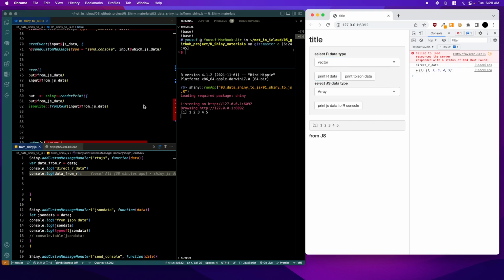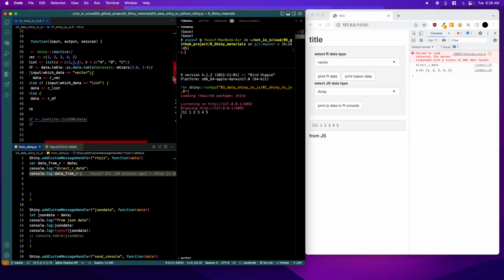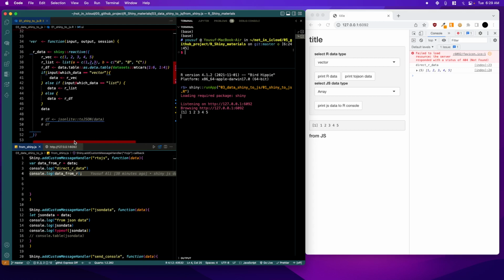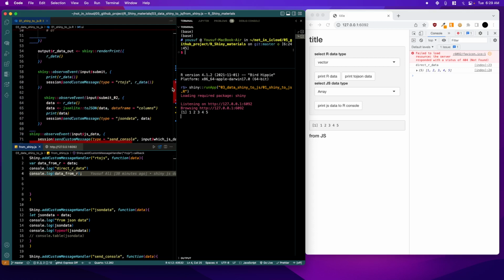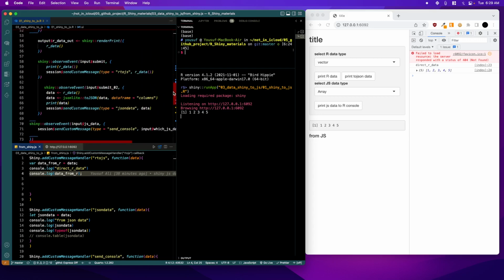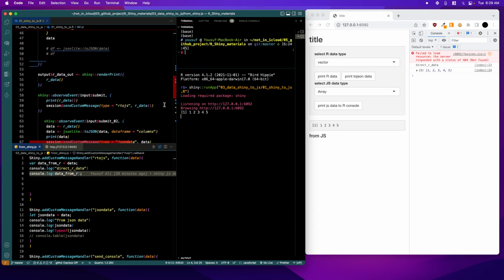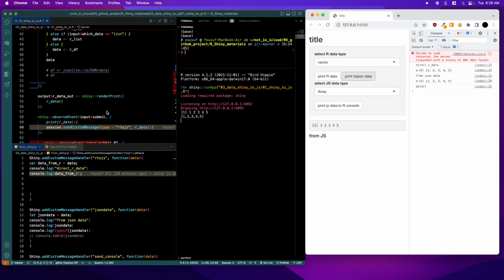So what Shiny does, so the R vector 1 2 3 4 5, and when I say print R data, input submit, so the print R data, it sees this R data, the vector, and it converts it to an array. If I print toJSON data, which I